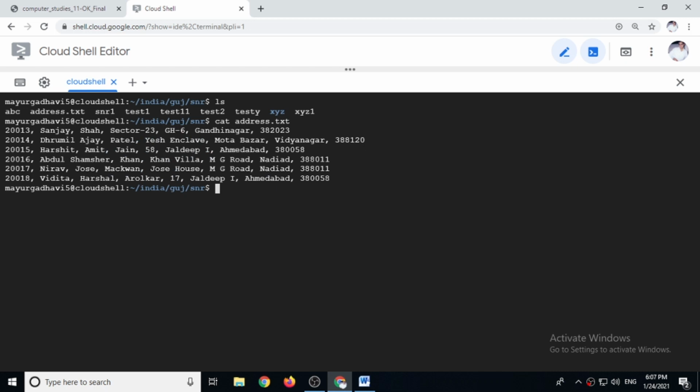It will show you the entire contents. Here you can see the details regarding various people are stored. 20013, same way numbers are given, and then name, address, city, and then at last pin code number. So such detail is stored in this file.